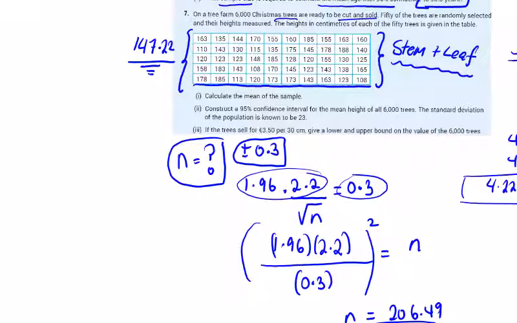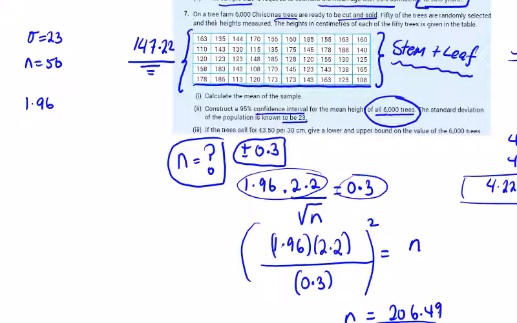And then construct a 95% confidence interval for the mean height of all 6,000 trees. The standard deviation is 23. So my standard deviation is 23, and a confidence interval for all 6,000 trees. So we're going from our sample of 50 back to our 6,000. So we have n equal to 50,